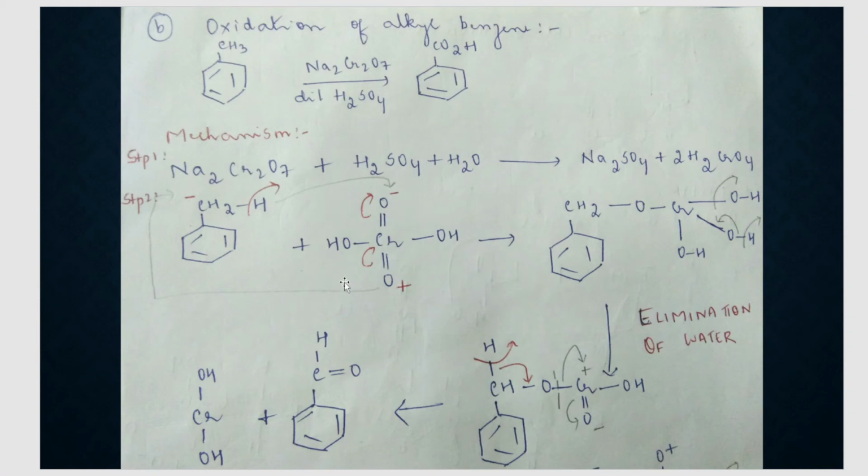I've just joined this part over here, CH2O, Cr, 3 OH groups are there. Which are the 3 OH groups? 1, 2 and the new OH group that is formed from this proton coming and attaching over here. 3 OH groups are attached. What is the next step? Can we eliminate water here? Yes, there is OH also, there is H also. So we can eliminate water. So the next step is elimination of water.